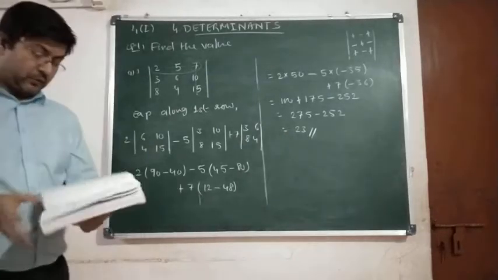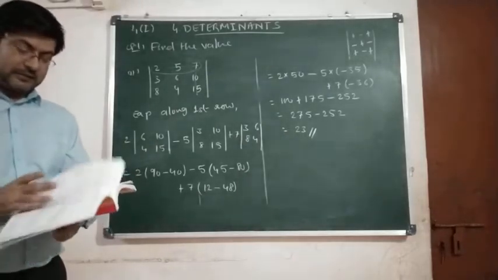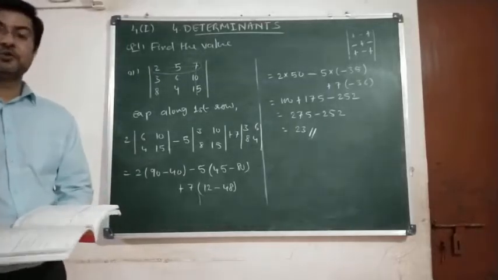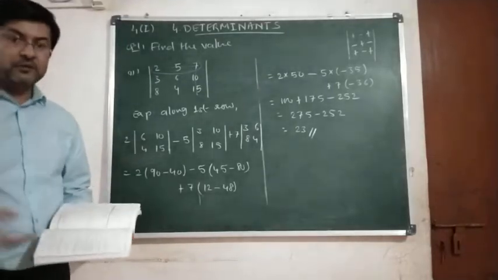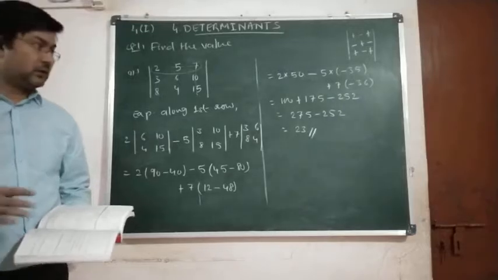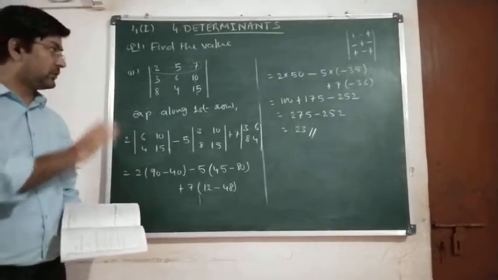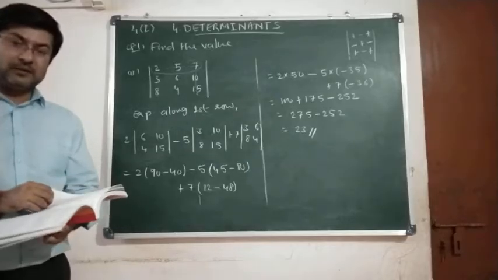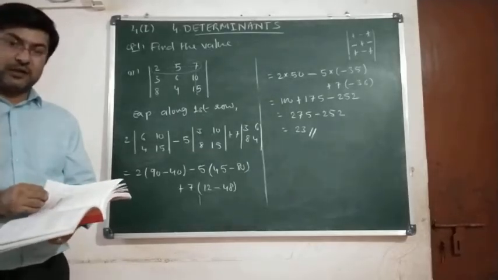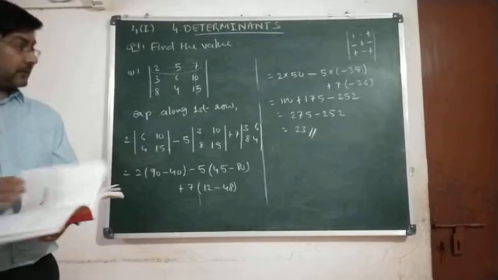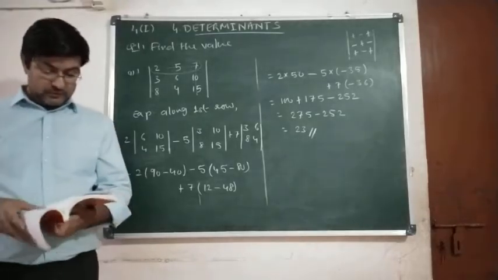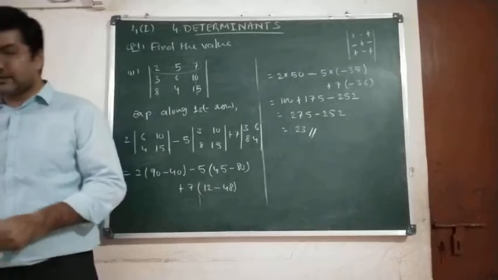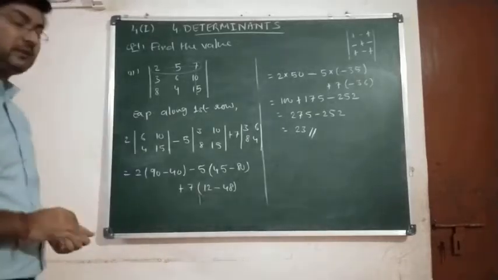Remember that the first 2 determinants we have expanded directly. Expanding directly means we have not used any of the properties which we have learned. We generally use the properties in order to simplify the values in the determinant. We will see in the coming questions how to use the properties. So let us solve the third determinant and simplify it with the help of the properties which we have studied.